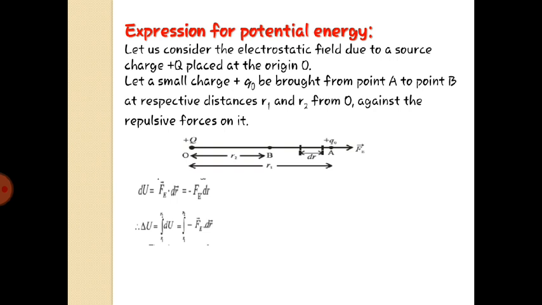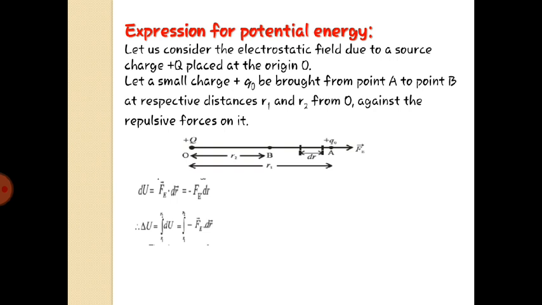Again, by the same example, a socket which has 240 volt of potential is a location where we can get 240 volt of potential. But if I plug a bulb in that, that means the two are in contact with each other, then charges will flow through that bulb and that bulb will give you light. So that is nothing but energy. It will be the potential energy which is stored in that socket, unless we plug that bulb into that socket. So this is nothing but potential and potential energy.